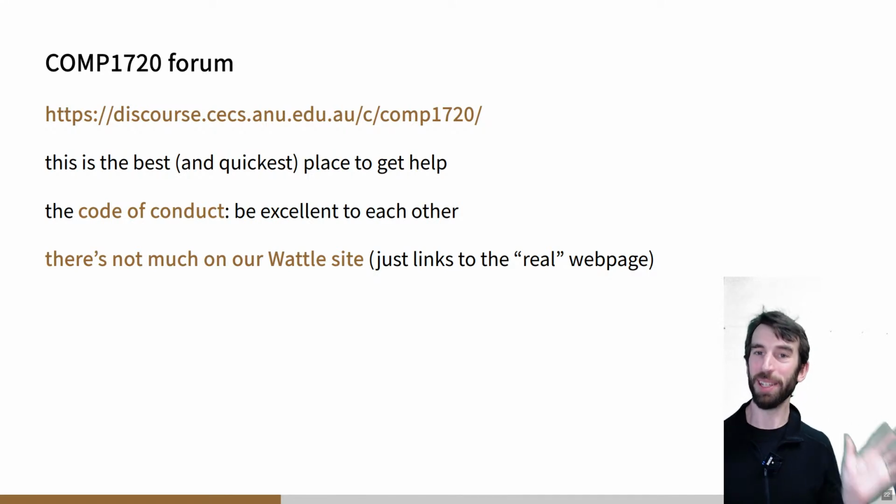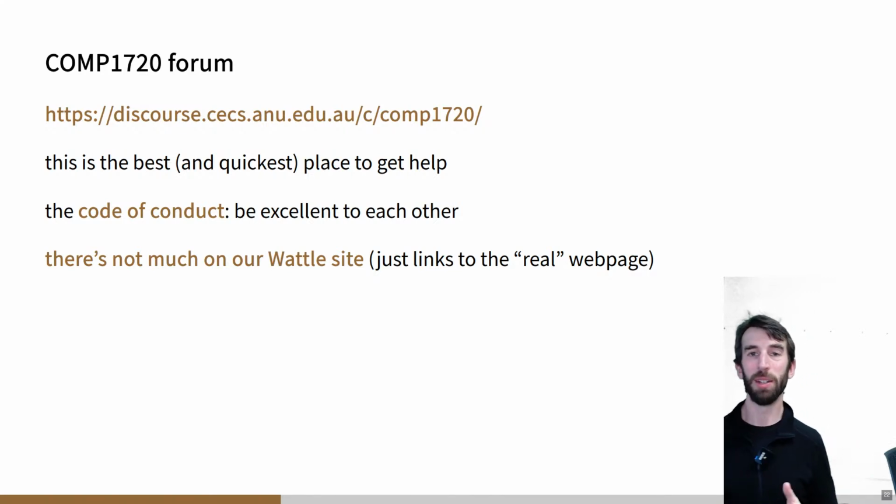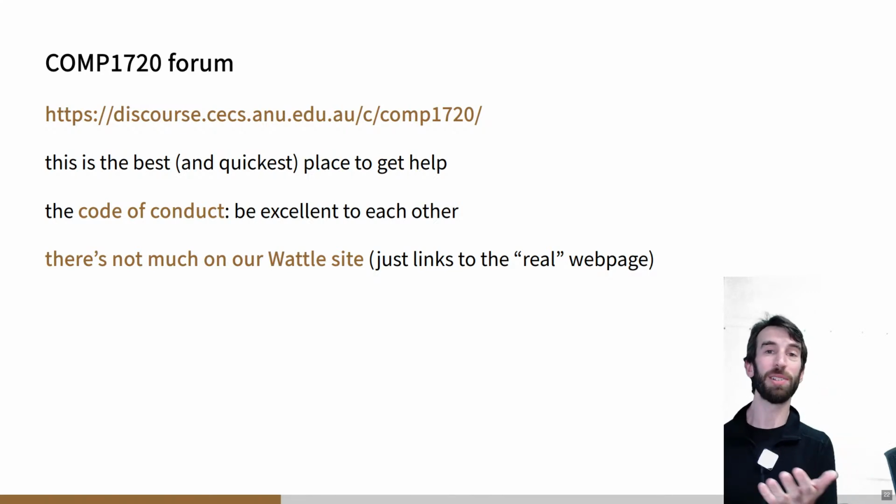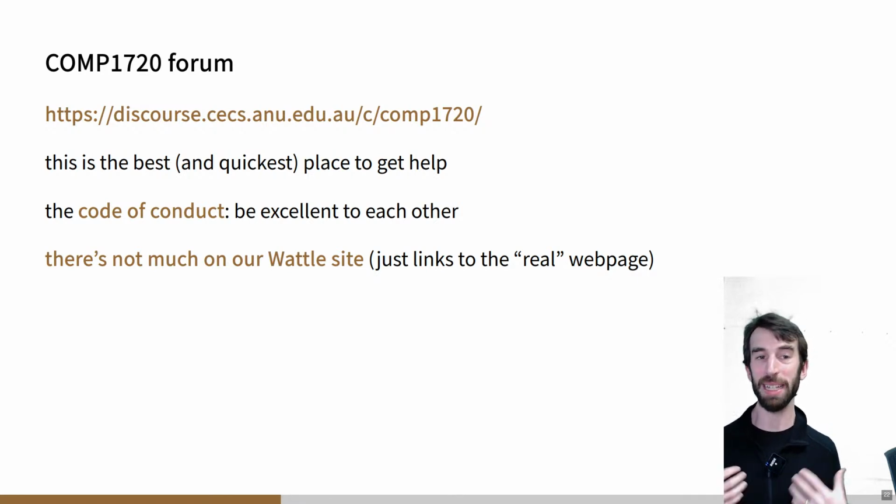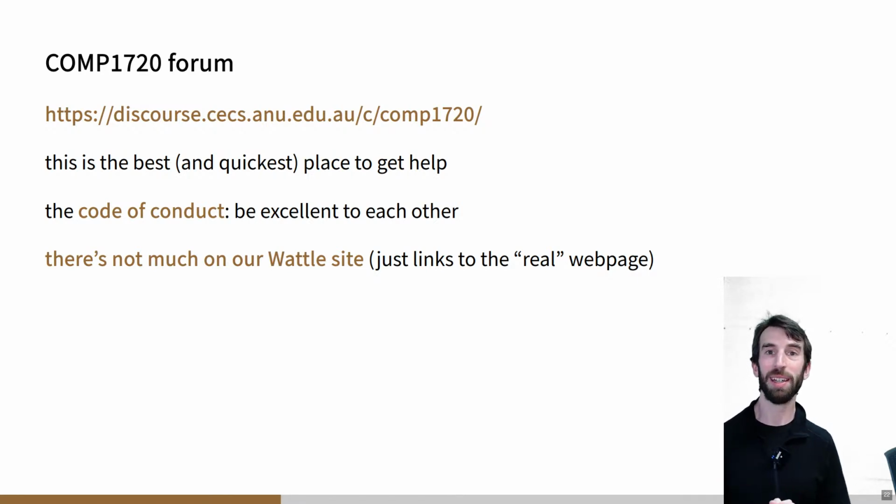I get a lot of emails and it's easy for them to disappear, particularly if someone's asking me a hard question. But if I get a message on the forum, or you send a message, even better, to the Comp 1720 admins, have a look at our communications page. You can get a pre-filled link to send a message to me and all of the tutors at once. Then there's a lot of people paying attention to it and you get help a lot faster.